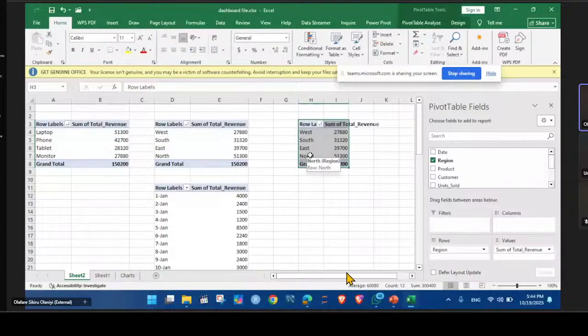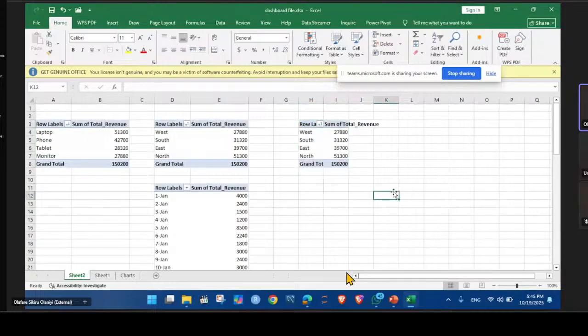Excel is limited to some kinds of visualization. Compared to using a programming language like Python and the likes, you'll be able to get enough visualization. But when it comes to Excel, they are limited. There are some kinds of charts you cannot get in Excel, but you can use advanced data analysis software to get them. So I think we'll be stopping here today. So we'll continue from